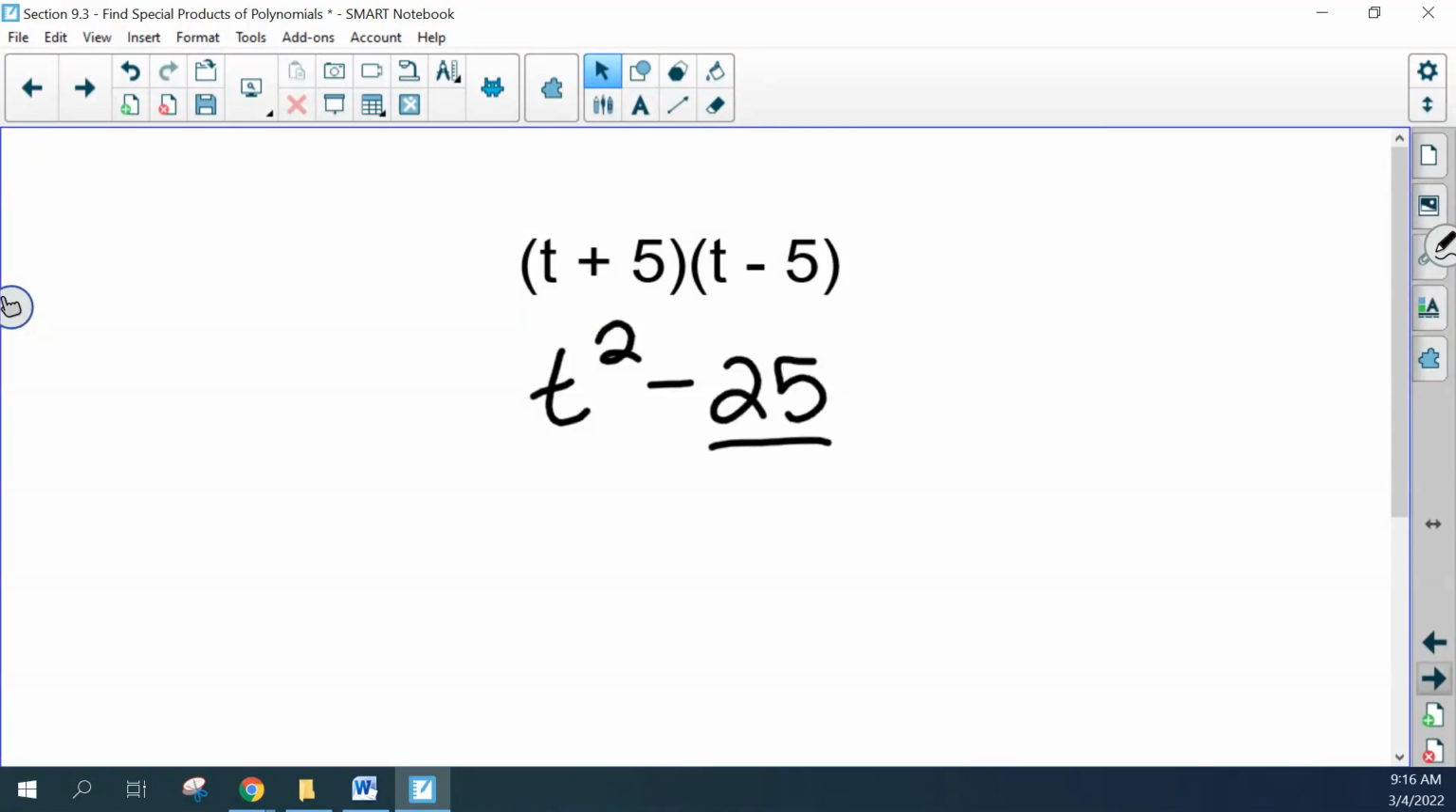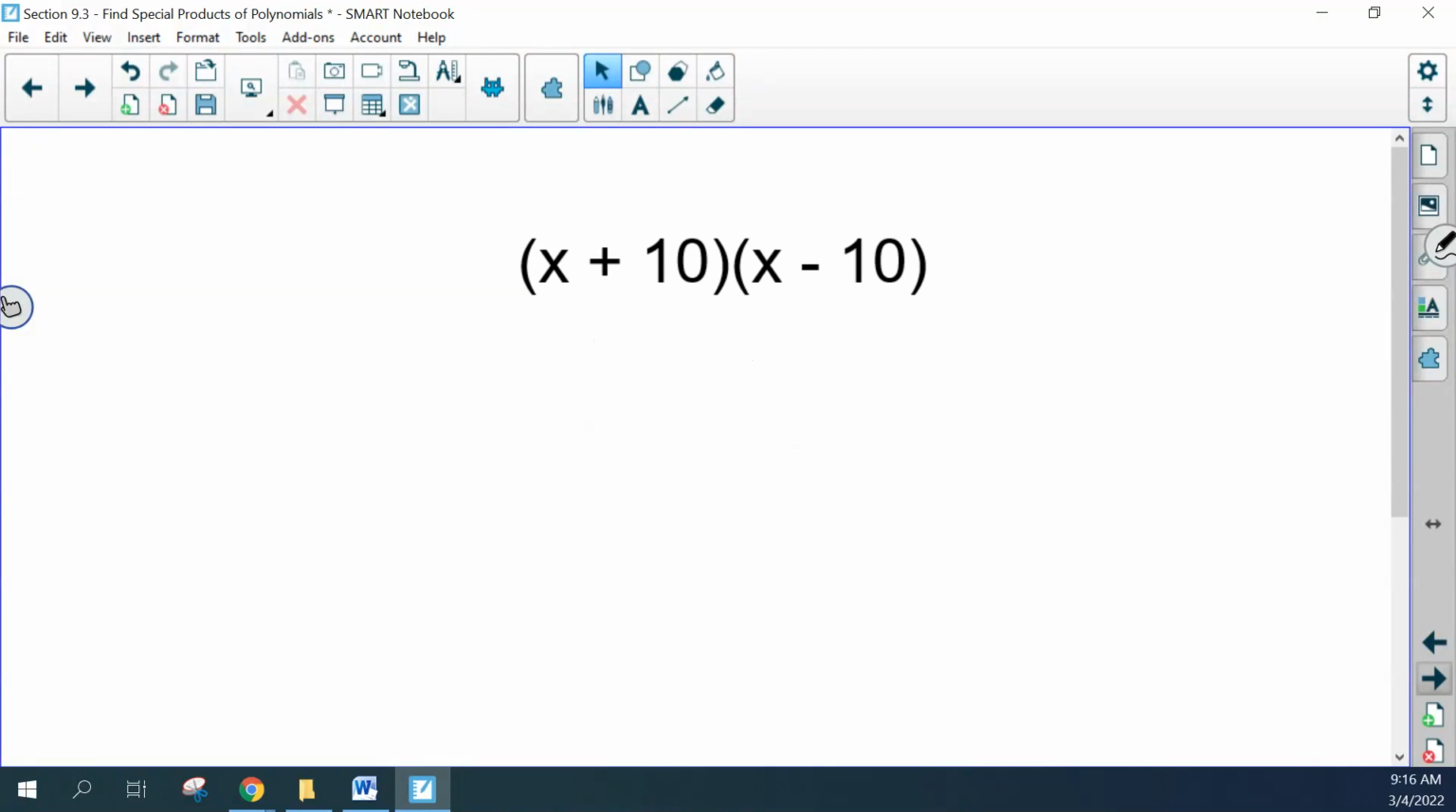So these are usually quicker and a little easier than the ones we just did because it just turns into two terms. Okay, so (x + 10) times (x − 10). Again, same exact binomial. The only difference is the signs. It's going to turn into squaring the first term, so x squared. And then it's always going to be a minus. And then the